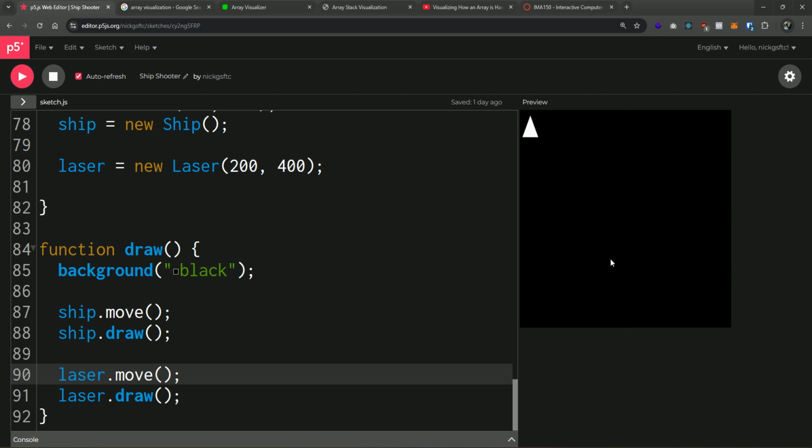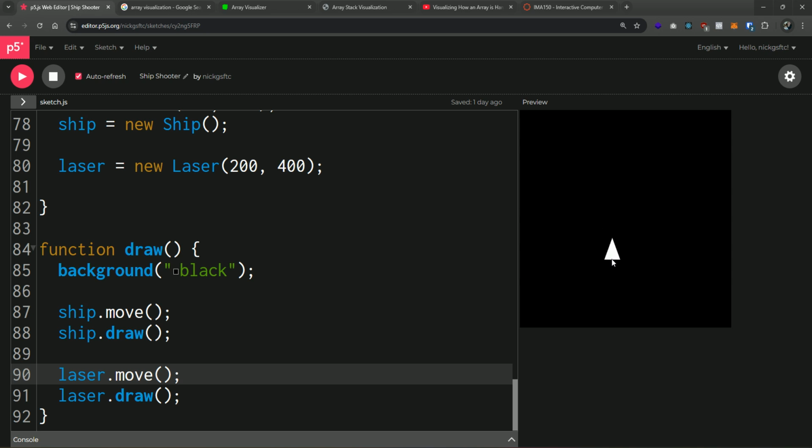Now, what we want to do is get this bad boy attached to the ship. Because right now we can see that the laser is functioning the way we want, and it looks the way we want right now. We'll make it pretty a little bit later, but now we want to complete the functionality of getting it onto our ship. So our ship, we can fly around with our ship, but we can't shoot, and there's no way to recreate a laser. So the idea here is that every time we hit a certain key, we want to fire a